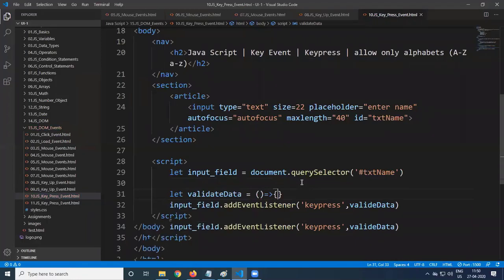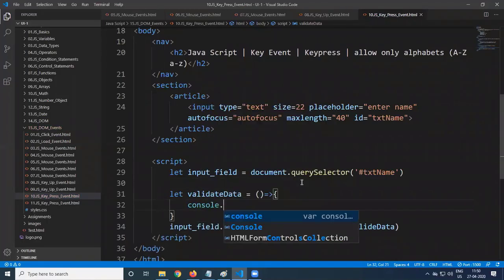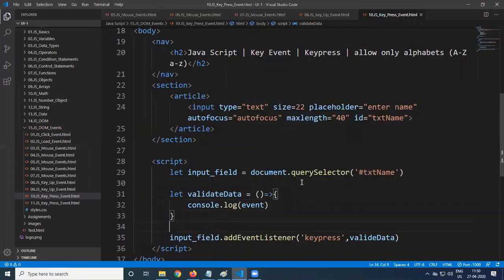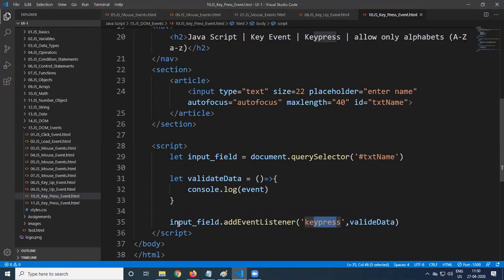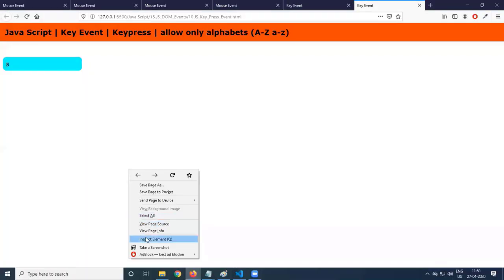Inside this, we want to show the event, console.log event. We want to know what type of event has occurred there. We registered with the key press event only. Whenever the key press event occurs on this field, it will call this validate data function. So let's see, inspect element.